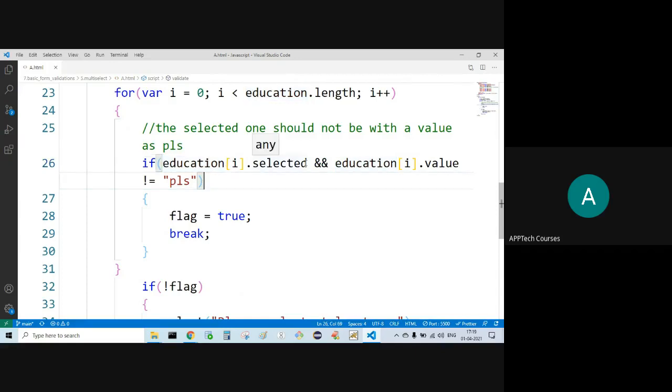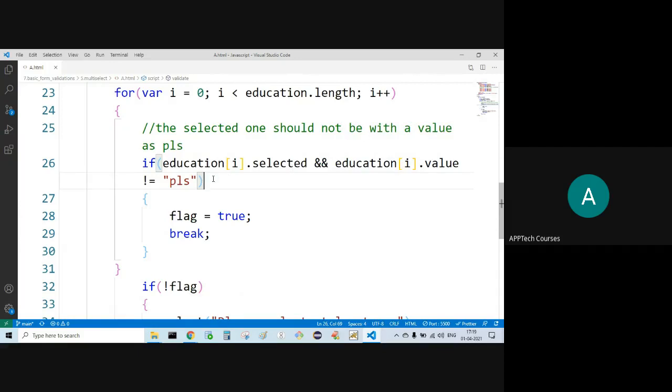What does this mean? Education of i dot selected: if any one option got selected, and education of i dot value is not equal to PLS.